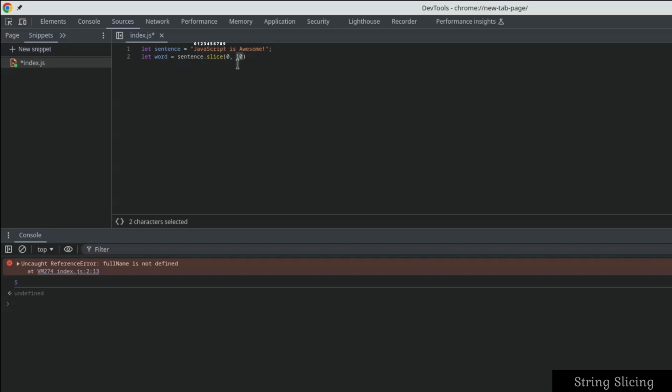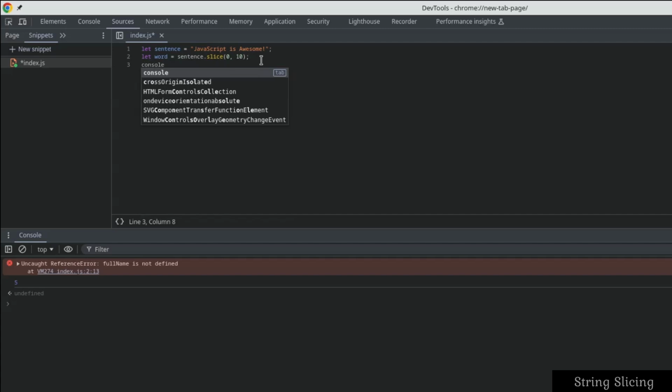It is not going to include 10. So we have 0, 1, 2, 3, 4, 5, 6, 7, 8, 9. It is going to exclude 10 because counting starts from 0, and it's going to exclude the last number right here. Now if we print word, console.log word,